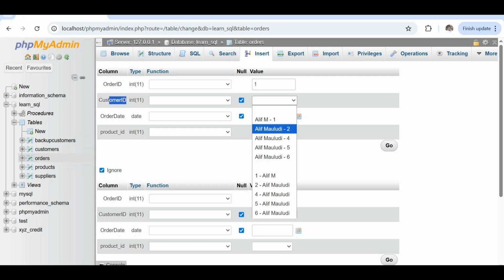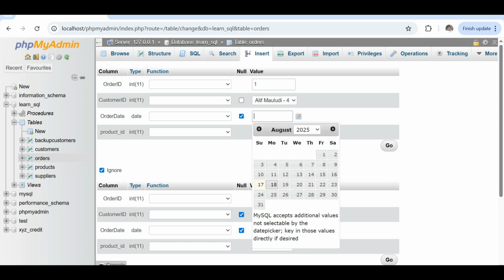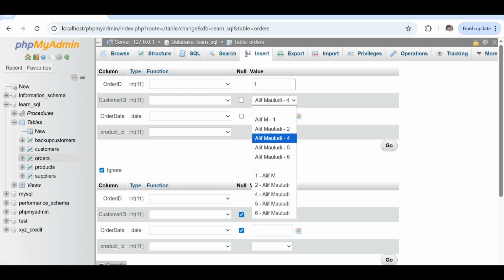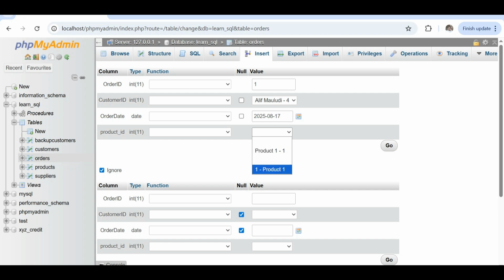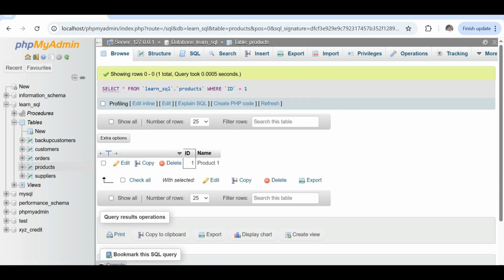So the row data in the customer table will be shown in the customer ID column. And the product one is shown in this table too, and it will link to the products table. Okay, that is for foreign key.